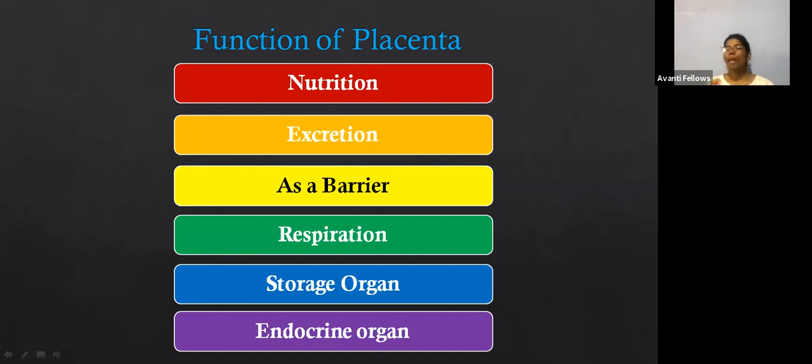Barrier for what? Barrier for so many pathogens. If the mother is affected with any kind of bacteria or any kind of fungus, that bacteria or fungus cannot move through the placenta to the baby. I mean, it cannot affect the baby. But there are some things which can cross the placenta, like HIV. Do you know about HIV? You might have heard this, right? So if the mother has AIDS or HIV, there are chances that the baby can also get the HIV. Did you hear this?